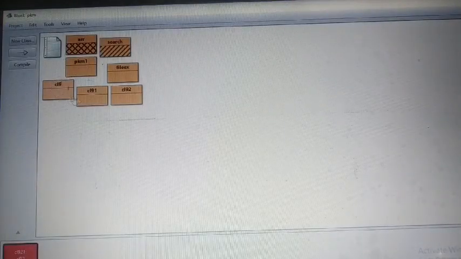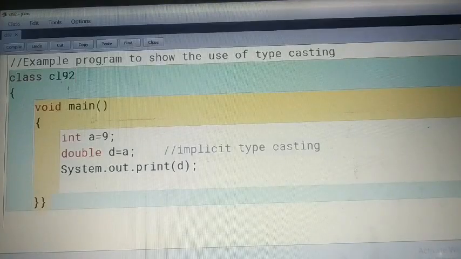You have taken an integer variable and directly transferred it to double. It is automatically changed to double type by the Java system. So this 9 is now converted to double type, and that's why the result is coming in double form, which you are watching on the screen.